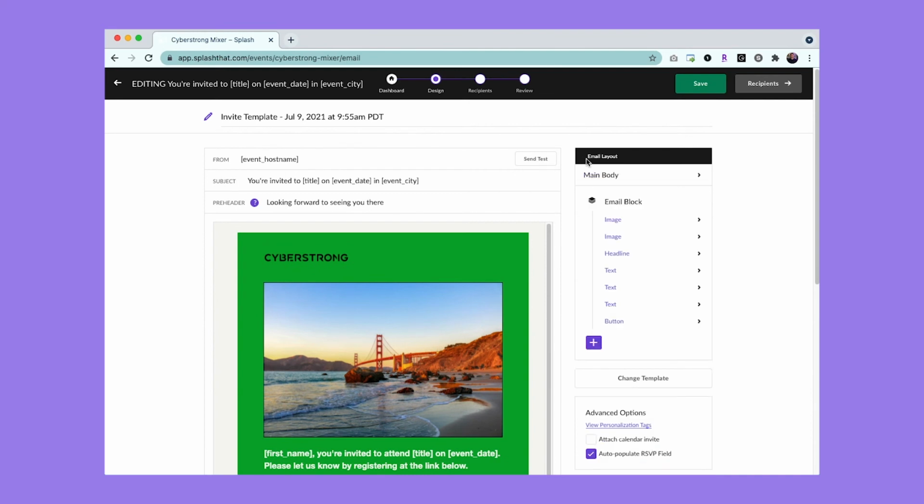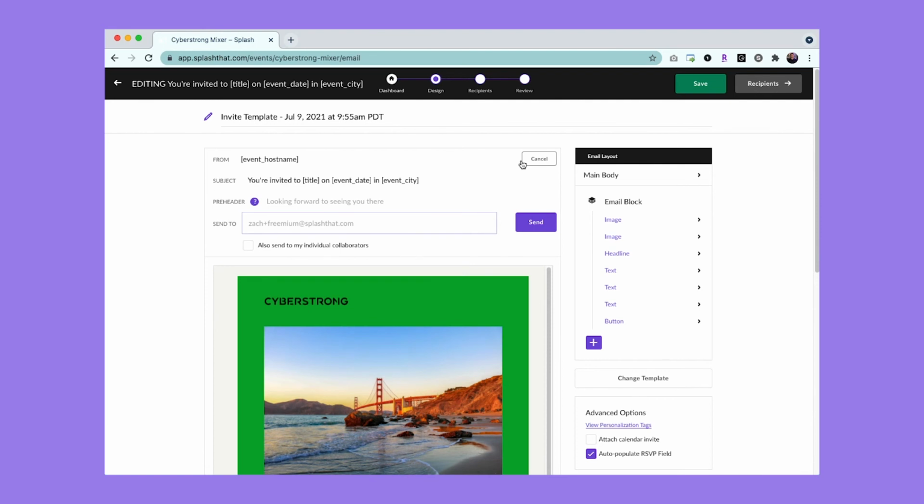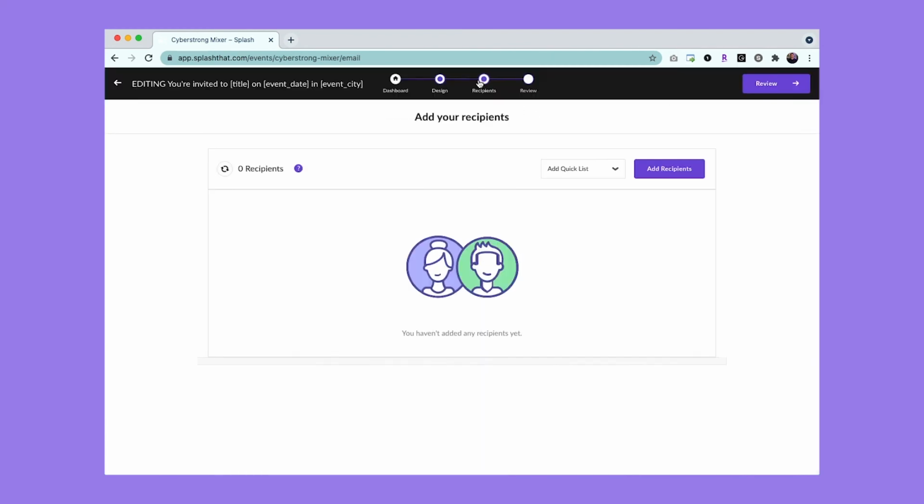So before we move on, I do recommend sending yourself multiple tests. You could send as many tests as you'd like, just to validate that everything is looking good in your email, including the subject line, the formatting, and all of the copy. I'm going to save my changes, and now I'm going to move to the next step, which is to upload